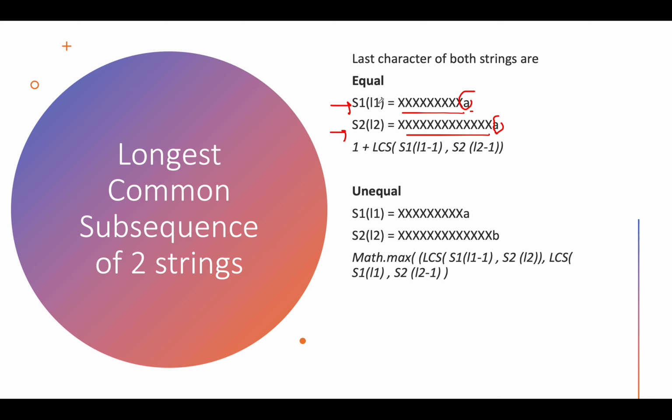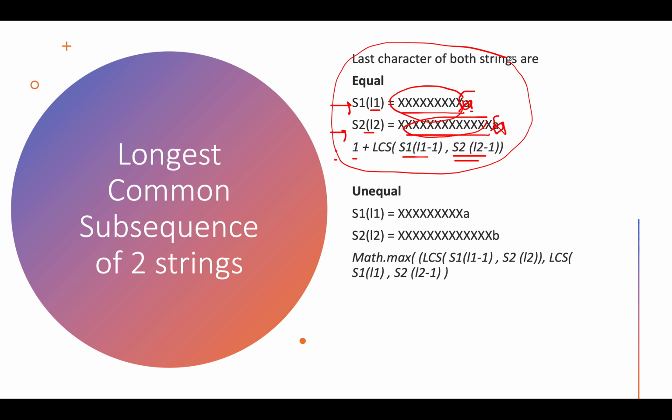That is into consideration. So the length of the longest common subsequence at L1 of s1 and L2 of s2 equals 1 plus the longest common subsequence of s1 and s2, where this time we reduce the length by 1 for s1 and similarly for s2, because these two characters have been acknowledged as equal, and we are only interested in finding the longest common subsequence of the remaining portion of the strings, highlighted by L1 minus 1 and L2 minus 1. I hope you understood.